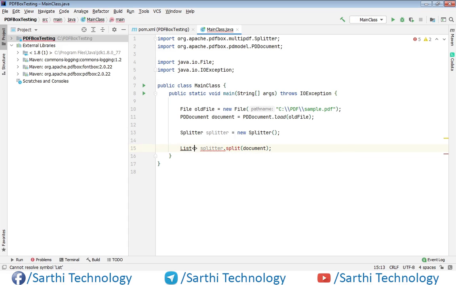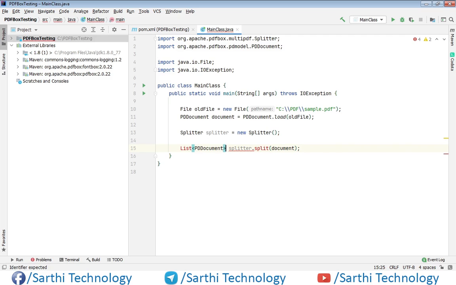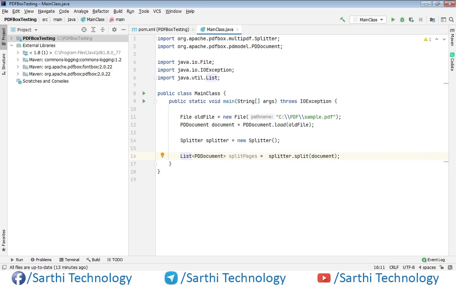List, and its type will be PDDocument, and the name splitPages. So press Alt Enter and import the class.